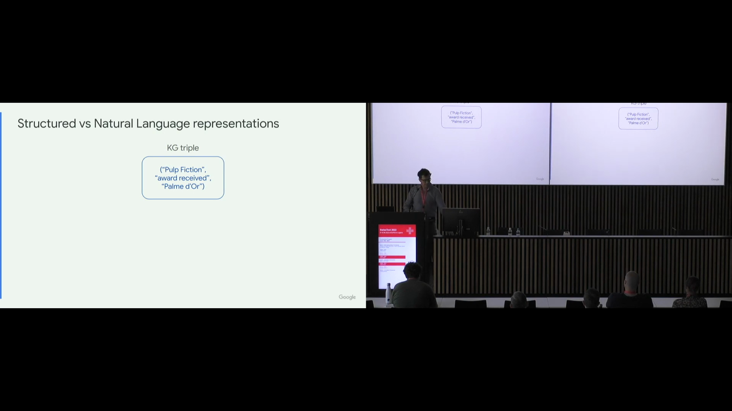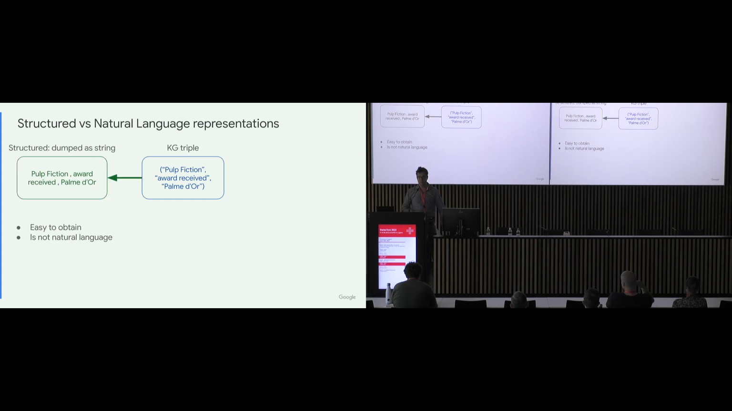And we can do two things to feed it into the large language model. One way, the obvious thing, is to dump the triple as a string. If we have a human readable name for the predicate, we can just give the name of the subject entity, the predicate name, and the object name. This is easy to obtain. But one question we had is, this is not natural language. And we had seen there are papers